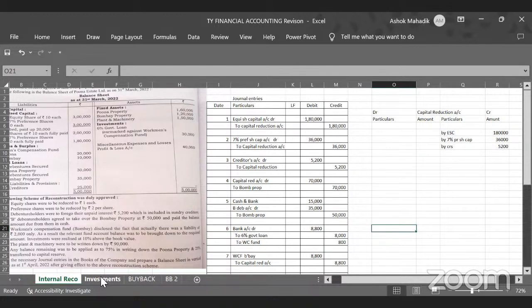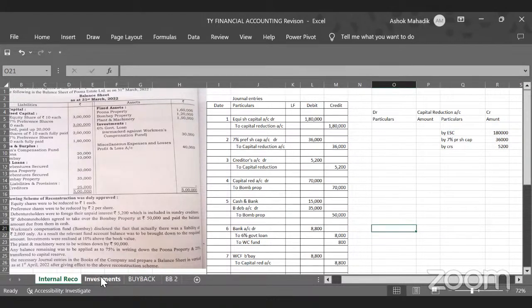P&L format. You all know that. This one is new. Fixed and variable income investments. Then disclosure of non-current investments in a company. Okay, one more is there. CSR, corporate social responsibility. That's it. This will be enough